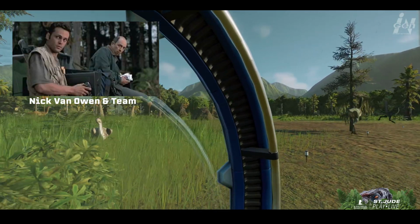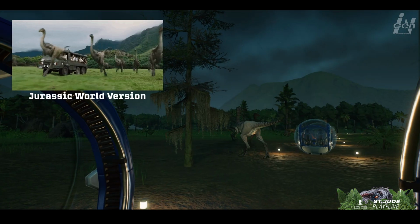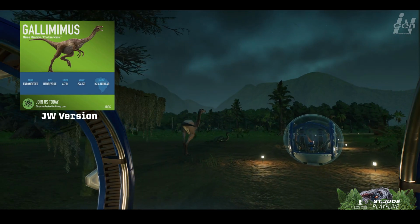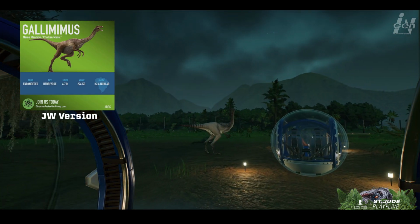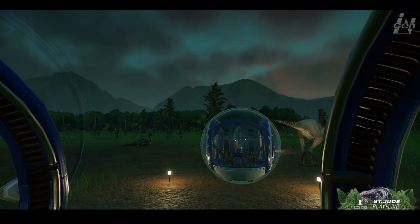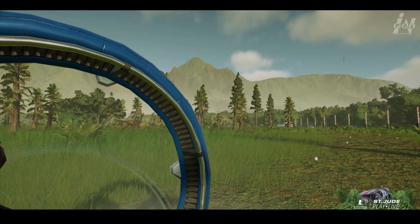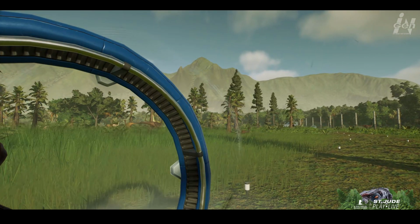team. Later in Jurassic World, we saw a slightly different version of the Gallimimus, larger, with teeth, and a more muted orange color with a creamy underbelly. The Gallimimus live in the aptly named Gallimimus Valley, and some juveniles were even part of the Gentle Giants petting zoo. Despite reports from the Dinosaur Protection Group about their mistreatment, these creatures were once again free after the park's